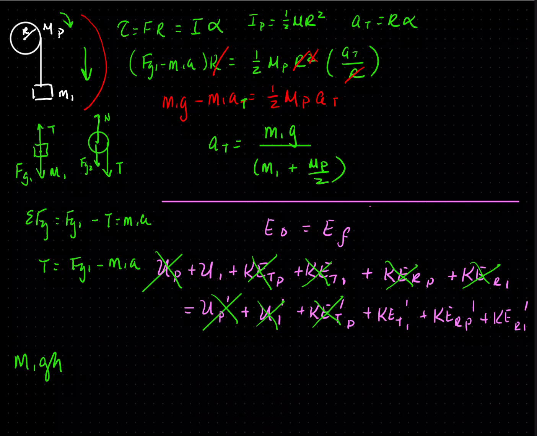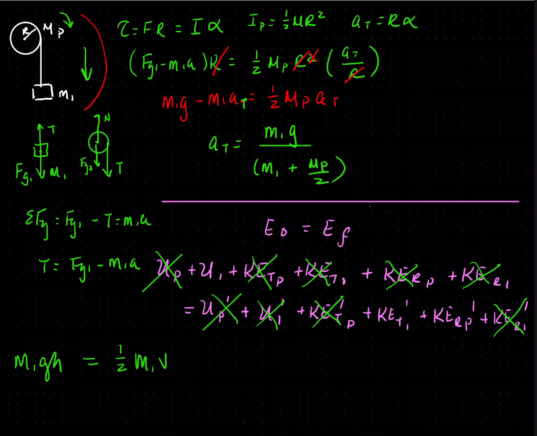The block M1 will have translational energy, at its maximum height. The pulley will have rotational energy because it is spinning. The block will have no rotational energy because it is not spinning. So the generic equation is: the potential energy of the block will equal the kinetic energy of the block,